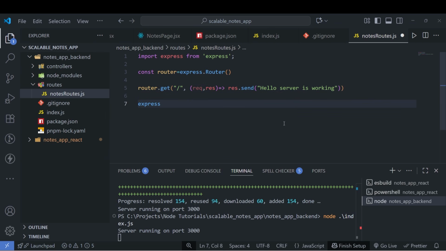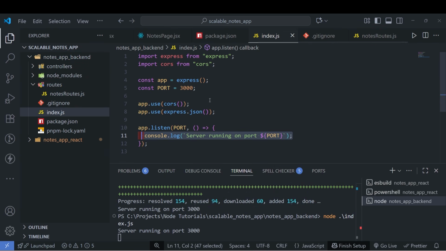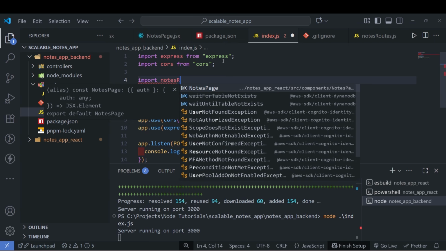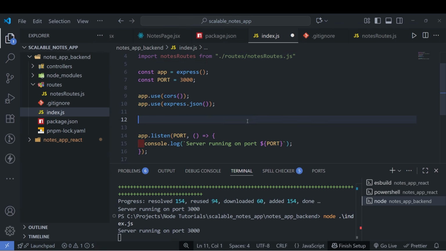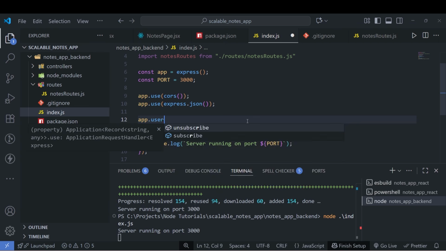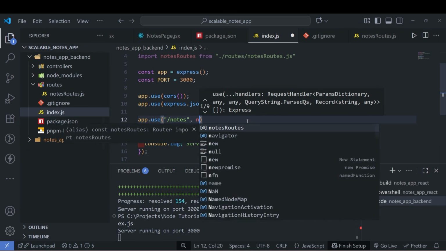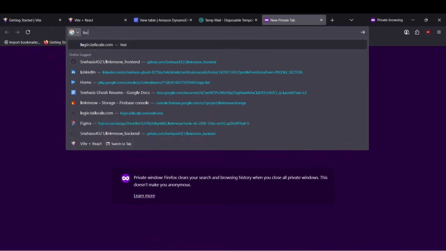Then we can just export default router, and we can import notesRoutes from /routes/notesRoutes.js, and here we can use app.use("/notes") to call the notes routes. Now if we try to access localhost:3000/notes,